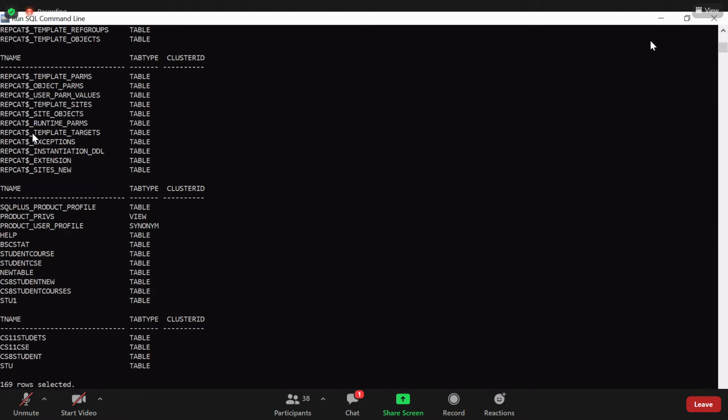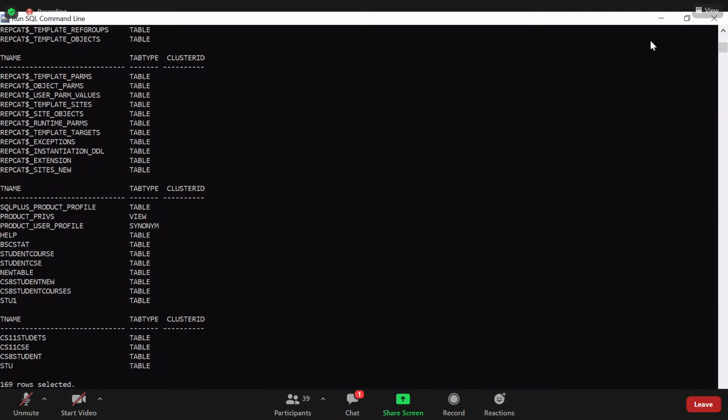See, all the tables that we can see here. Okay, CS11 students, some table is there. We'll check whether the records are inserted in that or not.